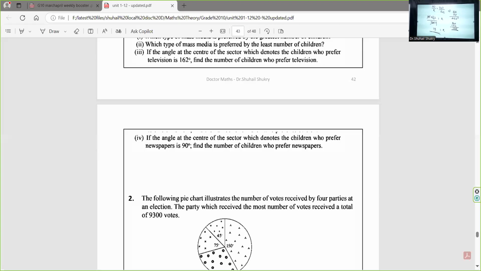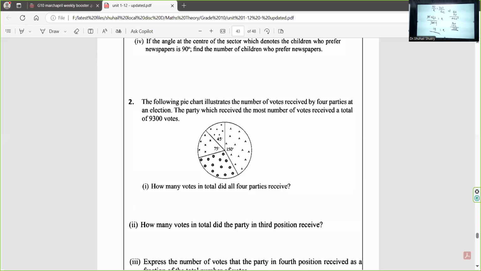The following pie chart illustrates the number of votes received by four parties. So there are the party which received the most number of votes received a total of 9,300 votes. I'll tell the golden box. First of all you have to find the other angle also. They have given